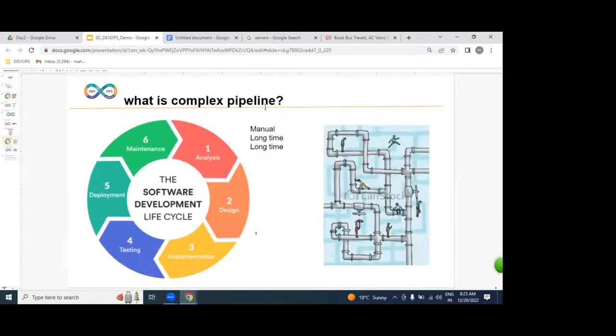The complex pipeline, what are we calling it? SDLC. Why are we calling this process complex? Why is SDLC complex? Because it is a manual process, from analysis to design to implementation to testing. From one team to another team, it is a manual process. It is not an automated process. For example, while implementing this SDLC process, if you got any issue or problem in the middle, how difficult is it to identify? Due to this manual process, if you got any issue, can you easily identify it? No one can.